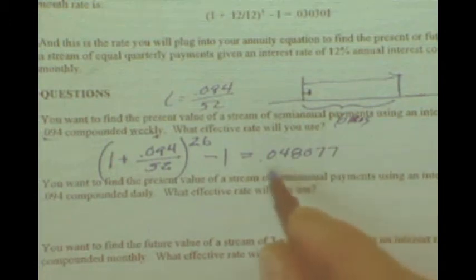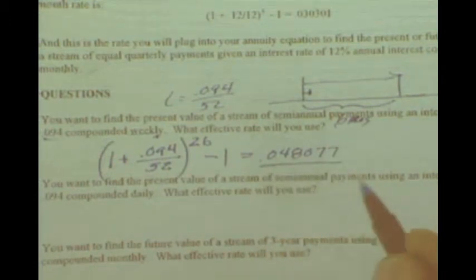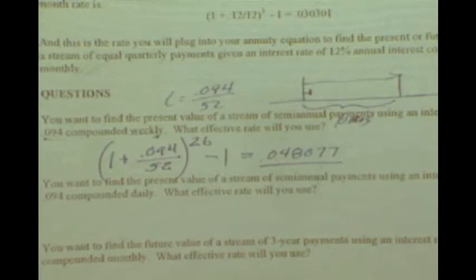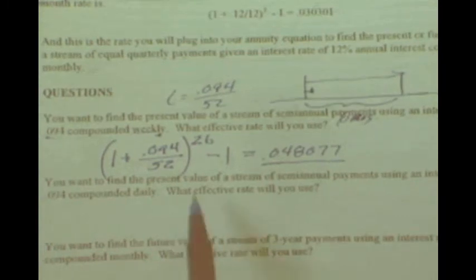And I get 0.048077, a little more than half of 0.094, about what we suspected. The next problem